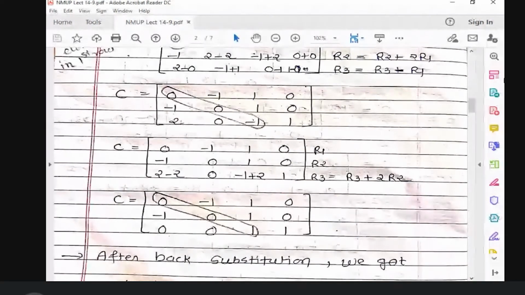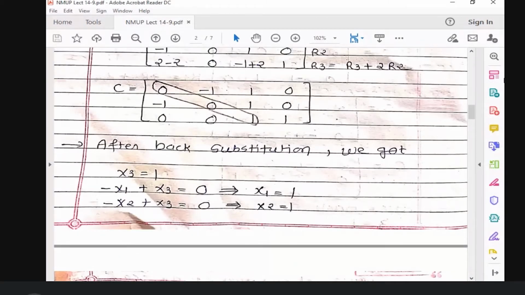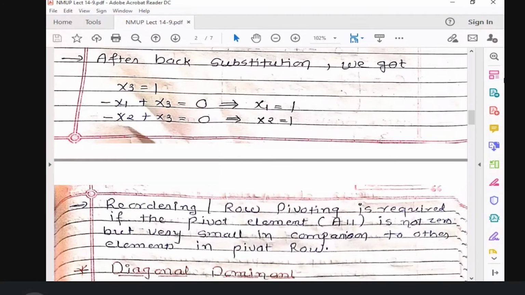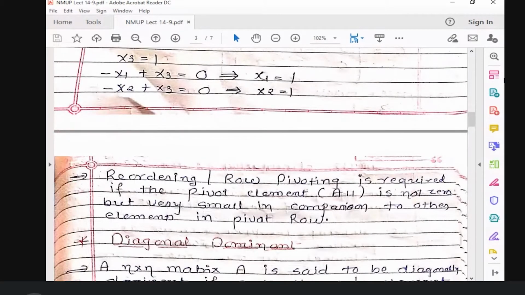And by doing all these things, whenever I want to calculate the unknown values, it's a little bit easier for me compared to the previous calculation. Got it? So whenever we want to bring a lengthier set of equations into a very easy form of calculation, we use this pivoting concept. Now, why is it required? Row pivoting is sometimes called reordering, because we are just exchanging the position of row 1 and row 3 as per our requirement, right?